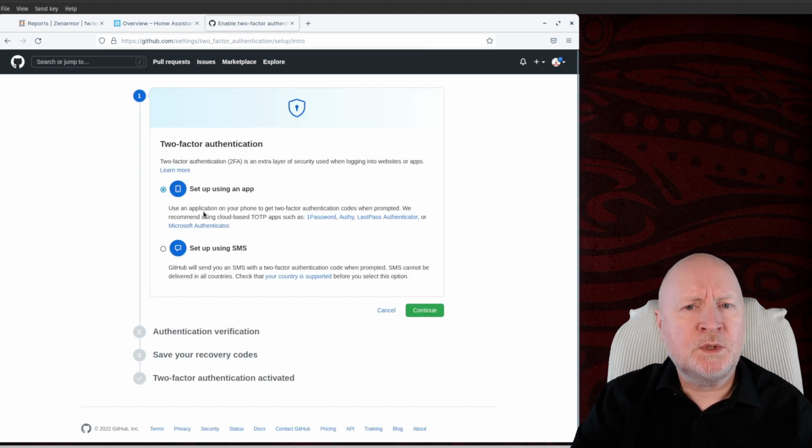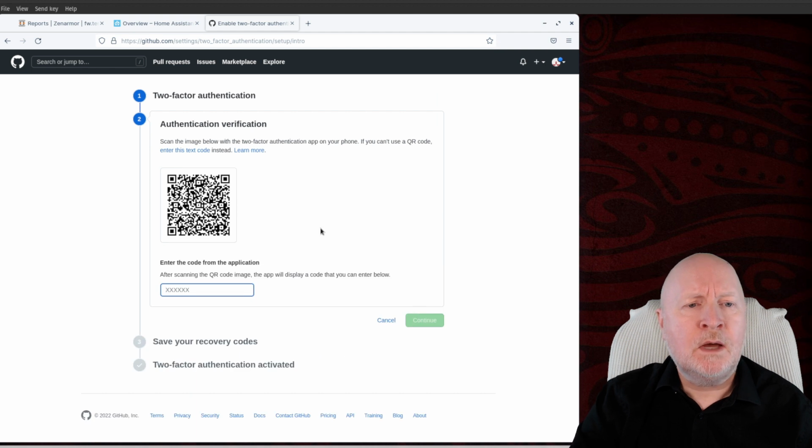Now we do have a choice between using an app or using SMS, in other words text messaging. I really wouldn't use that, it's not really recommended. It's much better to use an app. Now which one you use, it's giving you some examples of different ones, but which one you use is entirely up to you. I'm going to click on continue,